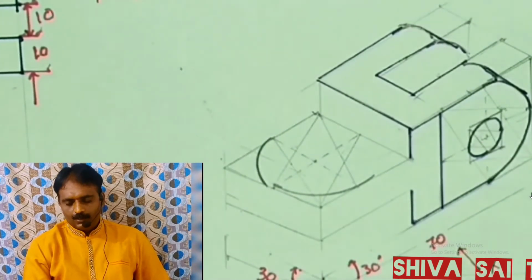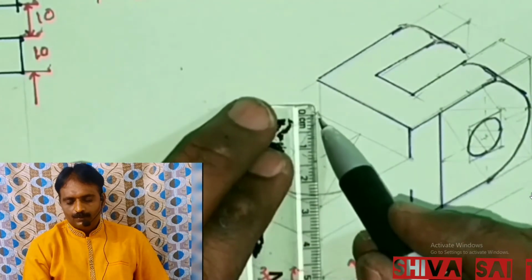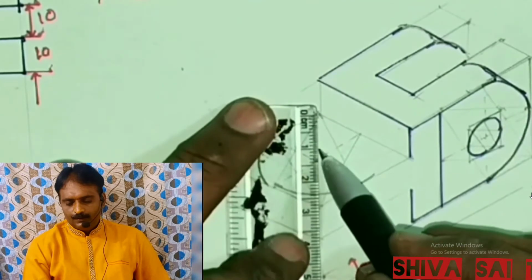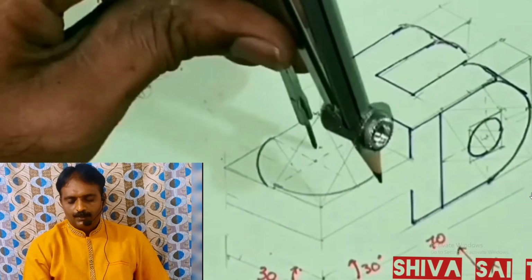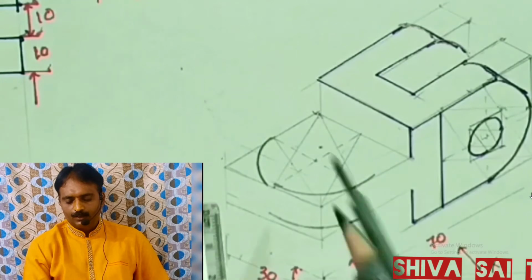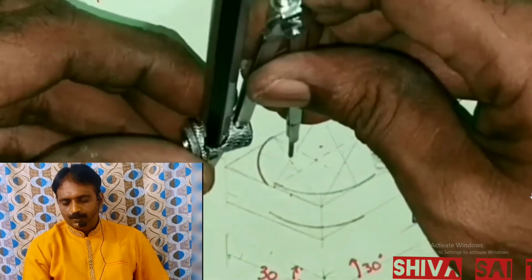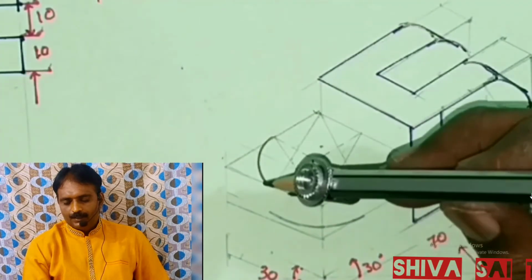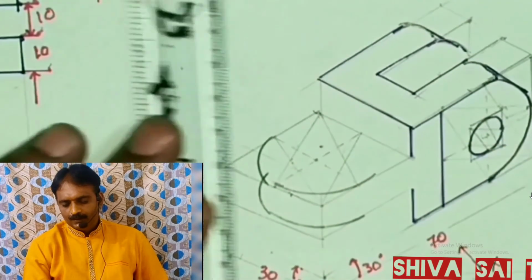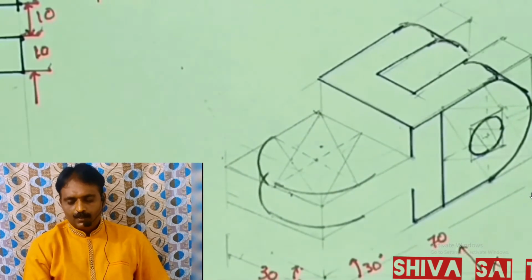And in order to develop the semicircle for the bottom, move that point downwards such that the length will be equal to the thickness of that part. Here it is given as 10 units, so the point has been moved through 10 units along the z direction, I mean the negative z direction downwards. Similarly, this point also is to be moved 10 units downwards and make the arc the same way. Join them tangentially. That completes the development of the semicircle for both front and top and bottom layers.